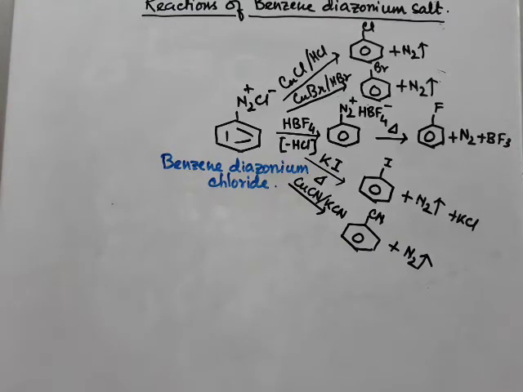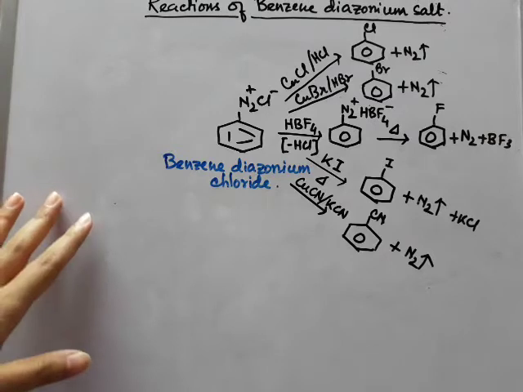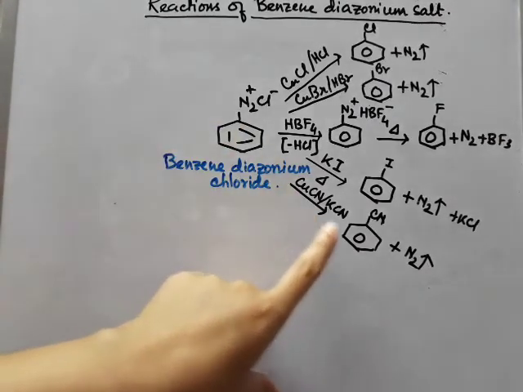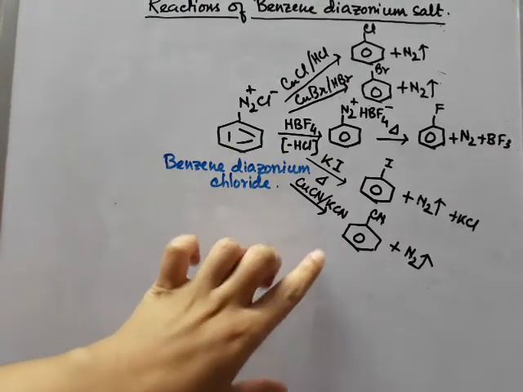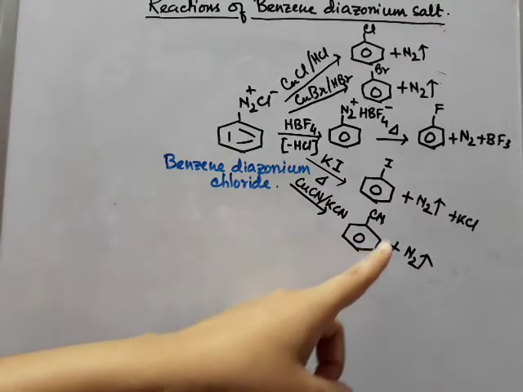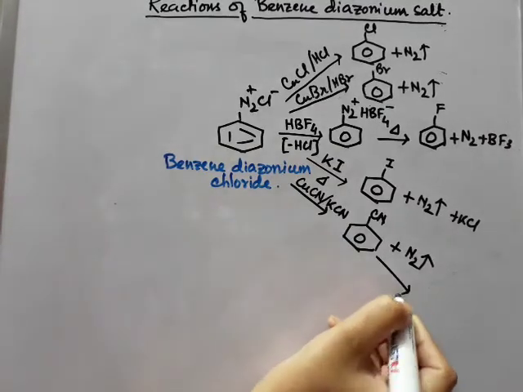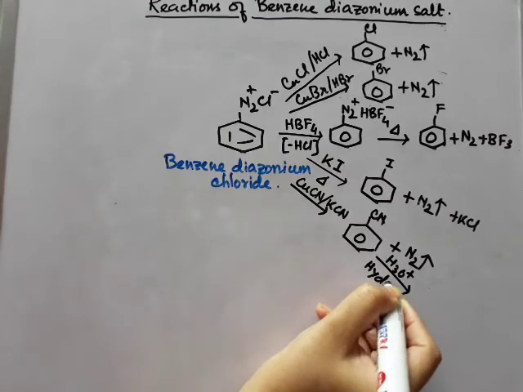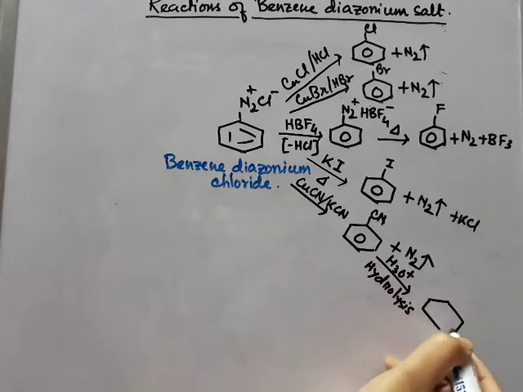Suppose you are given aniline and you are told to convert this aniline to benzoic acid. How will you do that? At first you will transform that aniline into benzene diazonium chloride, then you will convert this into cyanobenzene, then after acidic hydrolysis, you will get a COOH group in place of this cyano group. That means from this one, with H3O+ hydrolysis, you will get benzoic acid. Okay.